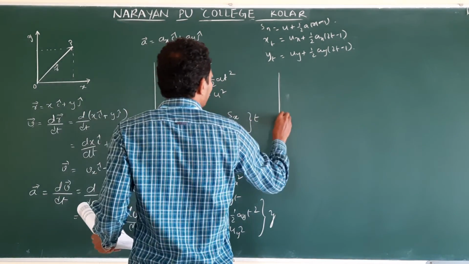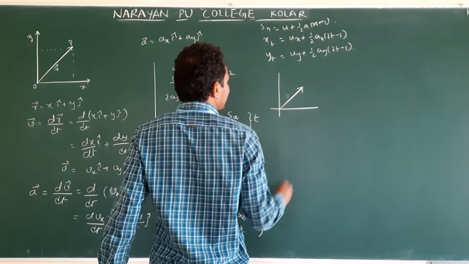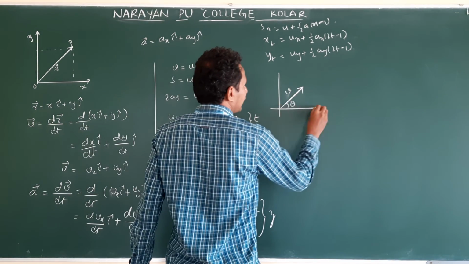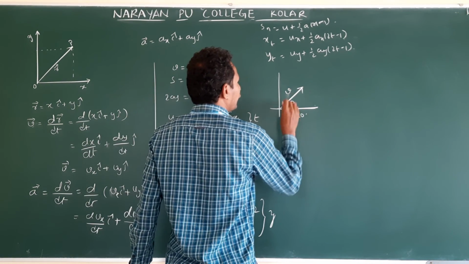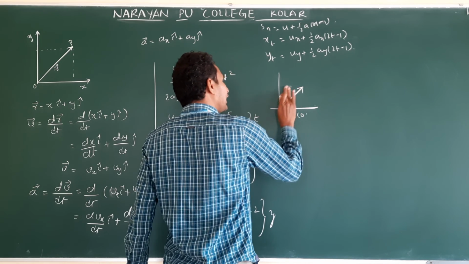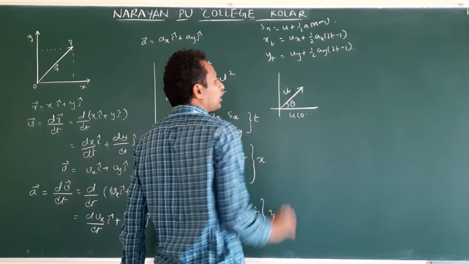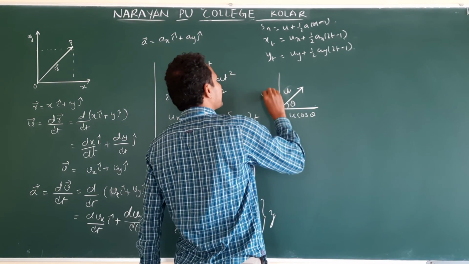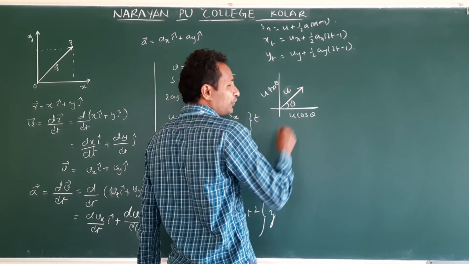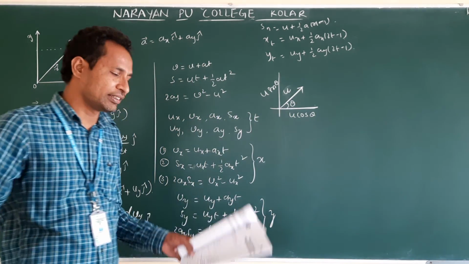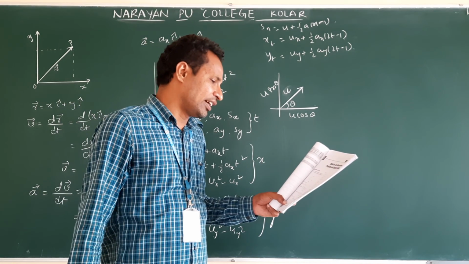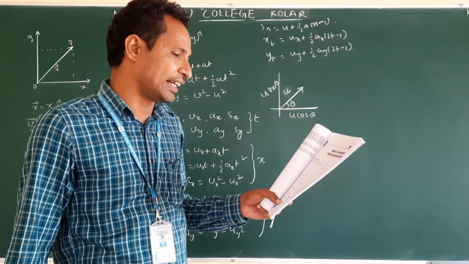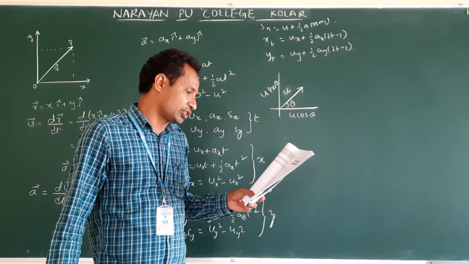Inclined means like this. If this is the velocity, it's inclined like this. Then they are asking to break this along the x direction. We have already taken the quantity u, so I am taking u. Along the x direction u cos theta, along the y direction u sin theta. Suppose if acceleration is also acting the same way, then break that. If velocity or acceleration is inclined to any axis, break them into components. Analyze the motion in each direction.